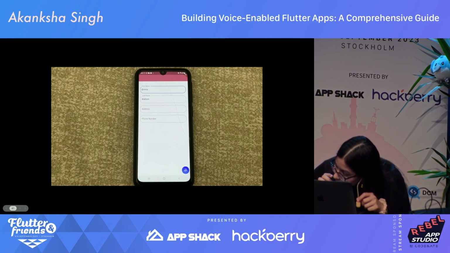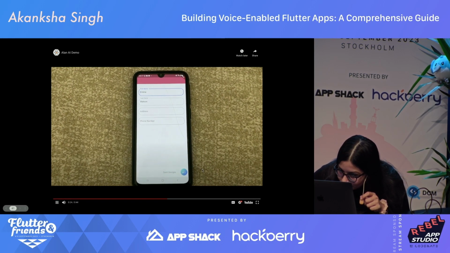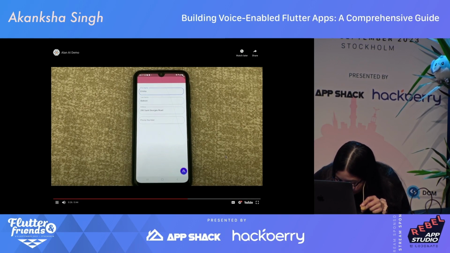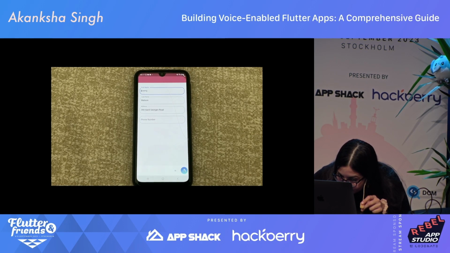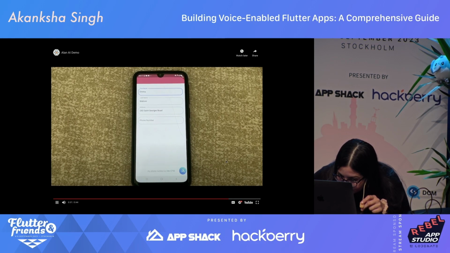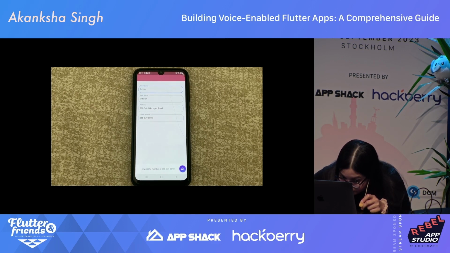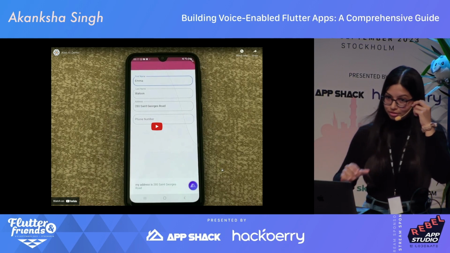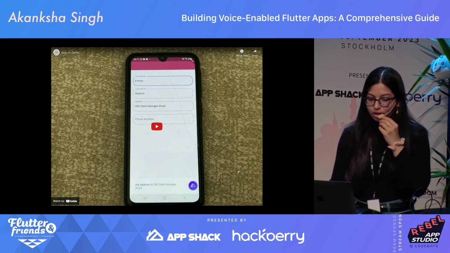My address is 280 St. George's Road. Your address is 280 St. George Road. My phone number is 346 579 8892. Your phone number is 346-579-8892. Thanks. Yeah, so that was just a basic example of how a person can fill the form, which